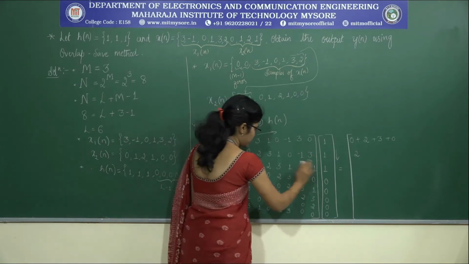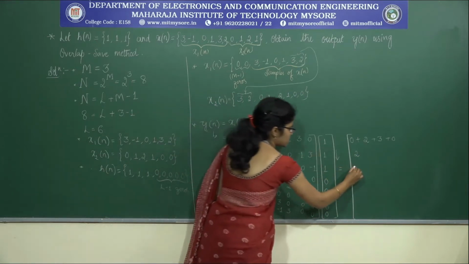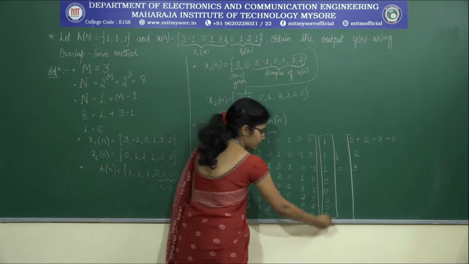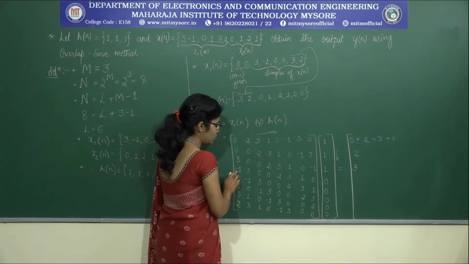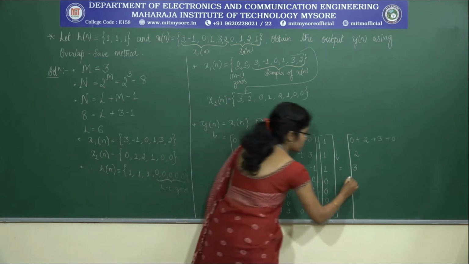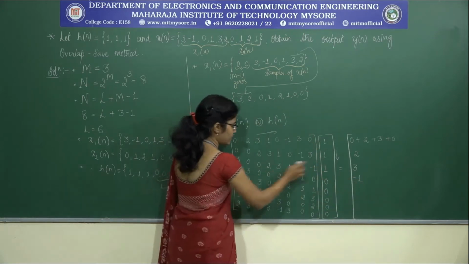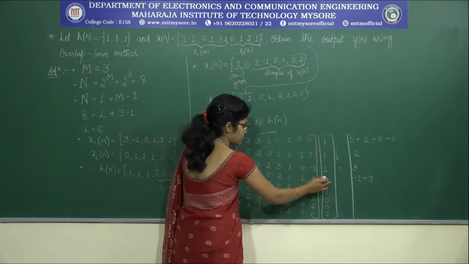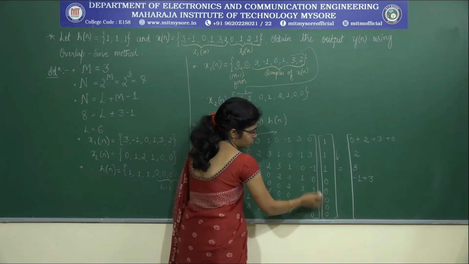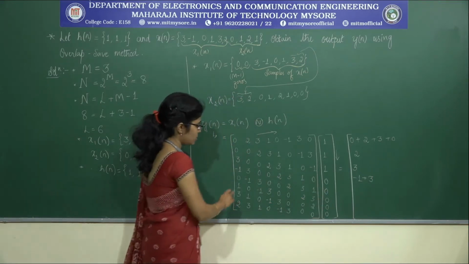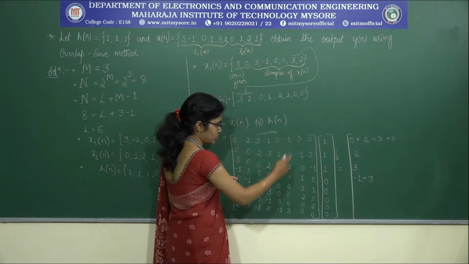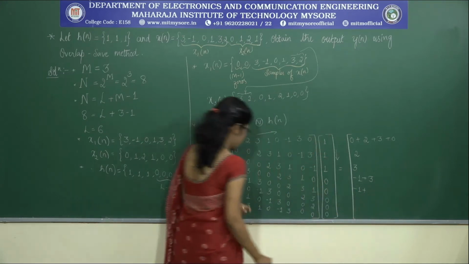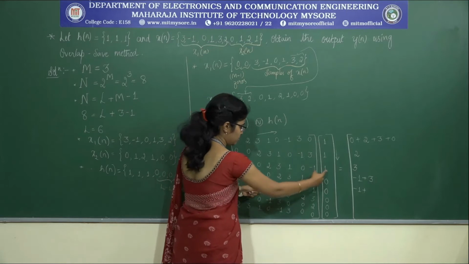Moving on to the third row, 3 into 1 is 3, 0 into 1 is 0, 0 into 1 is also 0, so the rest of the values are also 0. Again moving on to the fourth row, minus 1 into 1 is minus 1, 3 into 1 is plus 3, 0 into 1 is 0, 0 into 0 is 0, 2 into 0 is 0, 3 into 0 is 0, 1 into 0 is 0, 0 into 0 is 0. So that is done. Moving on to the next row, 0 into 1 is 0, minus 1 into